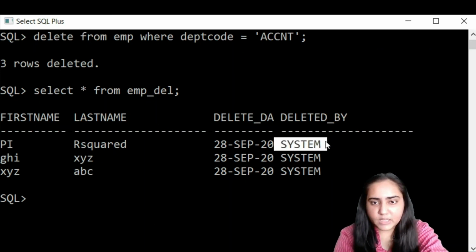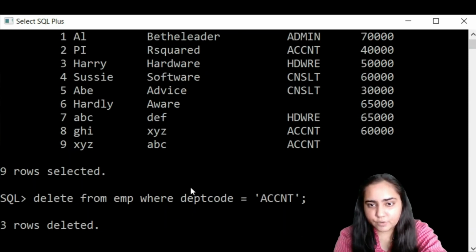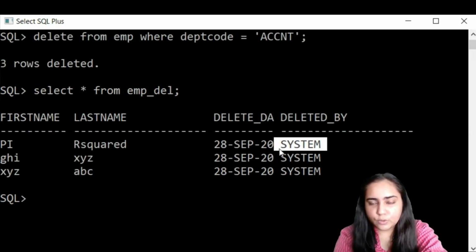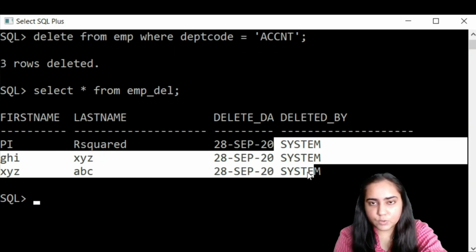If you log in from any other user's side, if you've created your custom user and you're logging in from there and then trying to delete data from here, then it will show your name over there. It will show that username over here. So that's how triggers work in